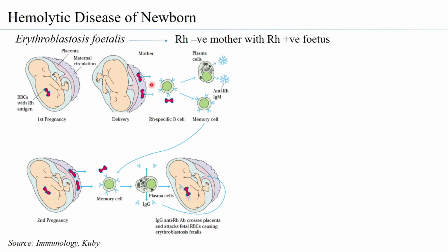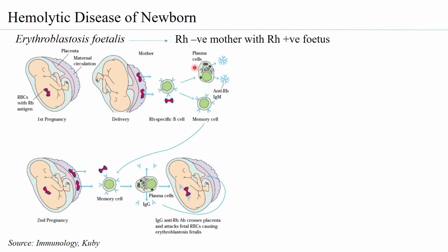Now, therefore, when the RBCs of the fetus enter the blood of the mother, the immune system is going to recognize the Rh positive RBC as foreign, because it has an Rh antigen, while the mother's cells do not have an Rh antigen. So, therefore, it will recognize this as non-self, and slowly,